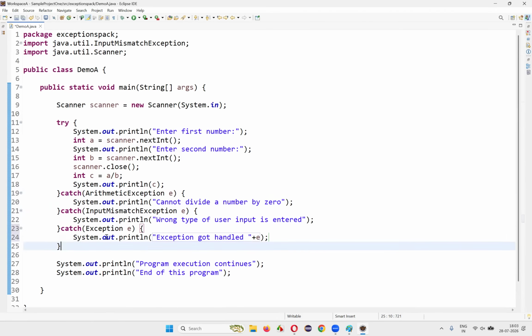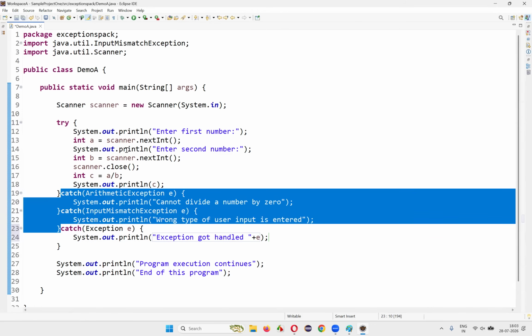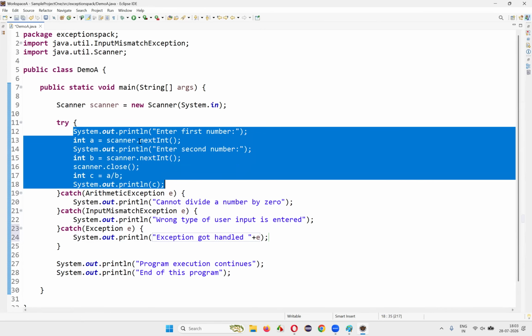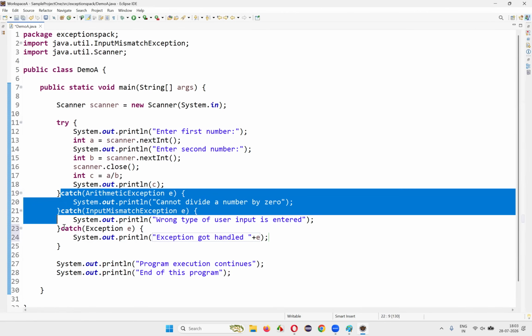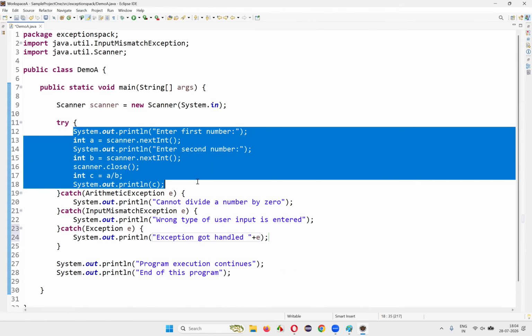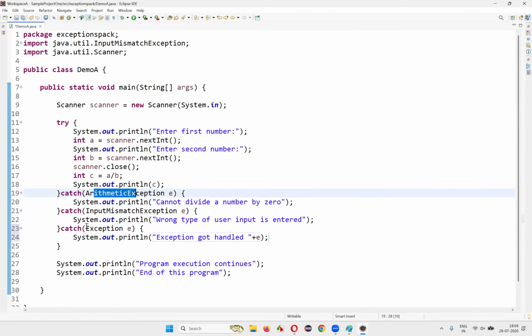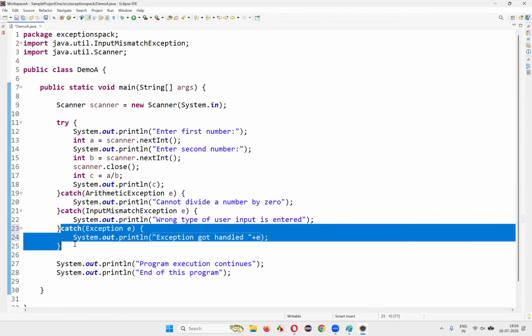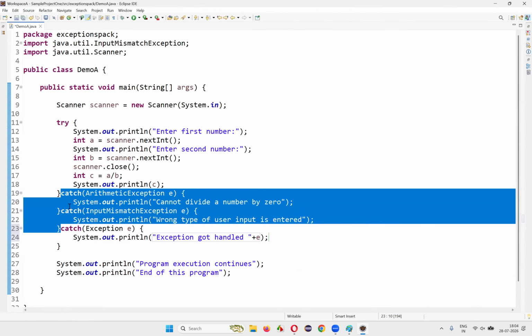In the market, a lot of people will write multiple catch blocks. Apart from providing the individual exception types that this particular code may produce, based on the exception types that may occur here, we generally write multiple catch blocks like arithmetic exception and input mismatch in this example. But who knows? Another type of exception may come apart from the arithmetic exception and input mismatch. So, as a backup, at the end of all these catch blocks, which are written because we suspect that these exception types may occur in the code, for every specific exception type that this code may result in,